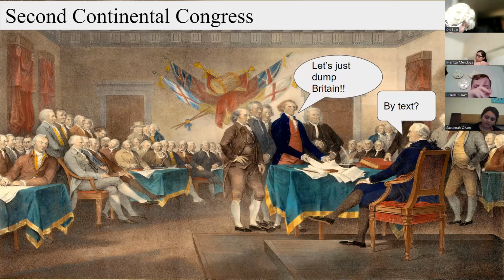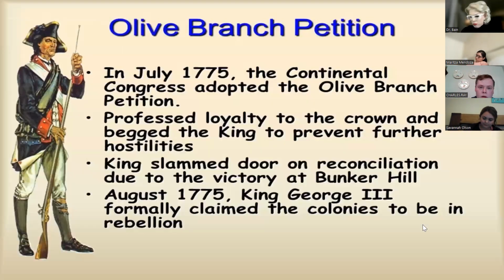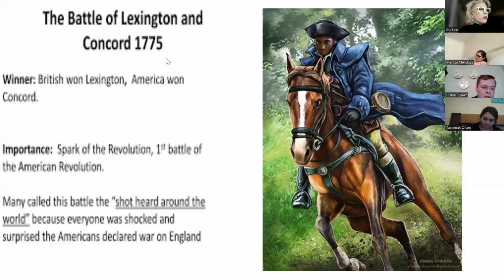We will get into this one. I got these things out of order. I do apologize about that because technically before the Second Continental Congress, we have the Lexington and Concord battle. And if I can get to that real quick, I will. Let's see. So Lexington and Concord is the first shots of the American Revolution.